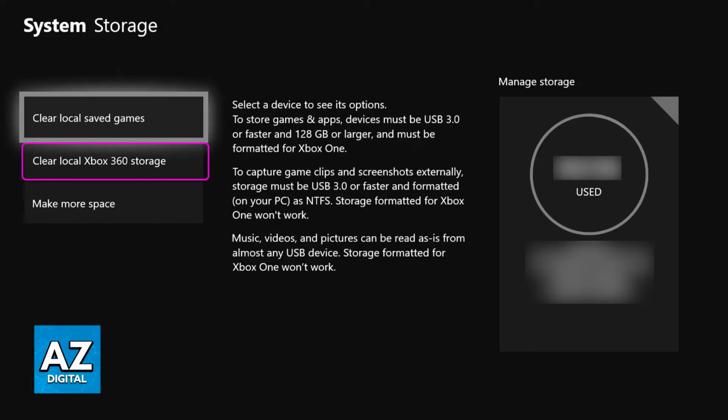Don't worry, everything that is tied to your account is going to remain safe. All this is doing is freeing up the local saved stuff off your memory. So as soon as you choose that option, everything is going to be cleared. However, your account details, your profile, your customization, everything will remain.